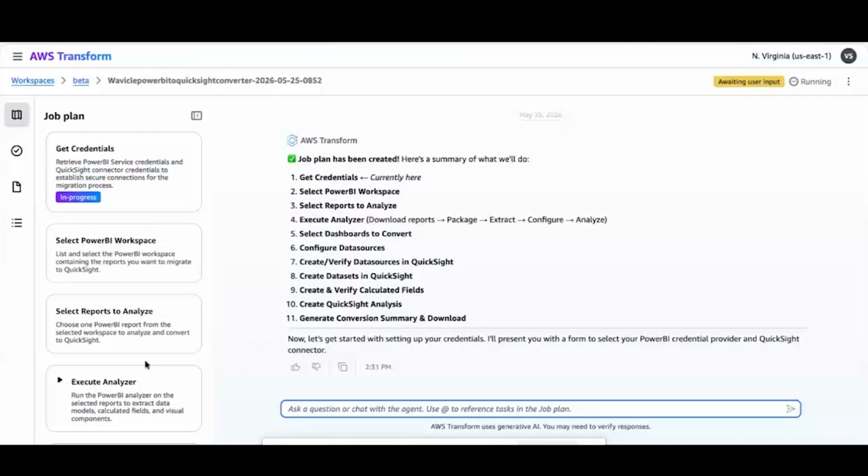So I will quickly go through the job plan. As you can see, it has come up with a panel on the left, which is called the job plan panel. The one in the middle is the chat panel. And once we go through the process, you will see a panel appear on the right, which is the form panel where you can input certain information as and when it is needed to process the